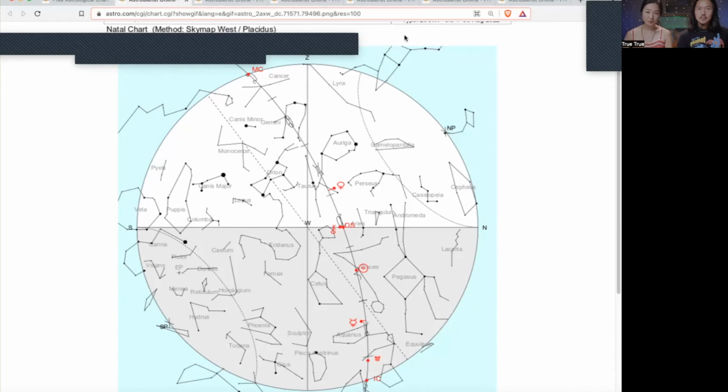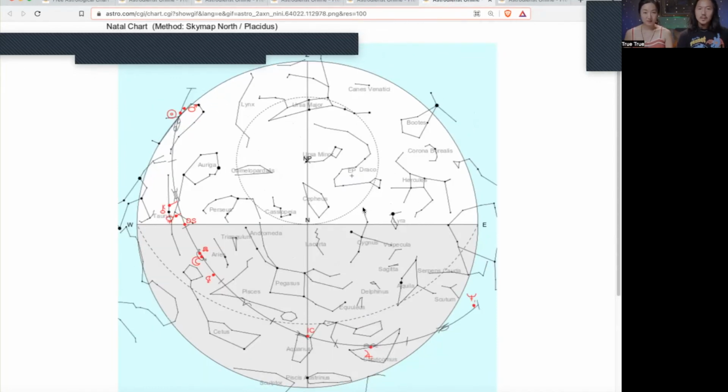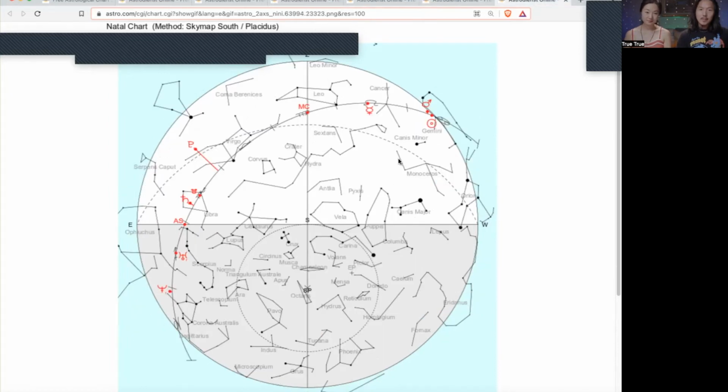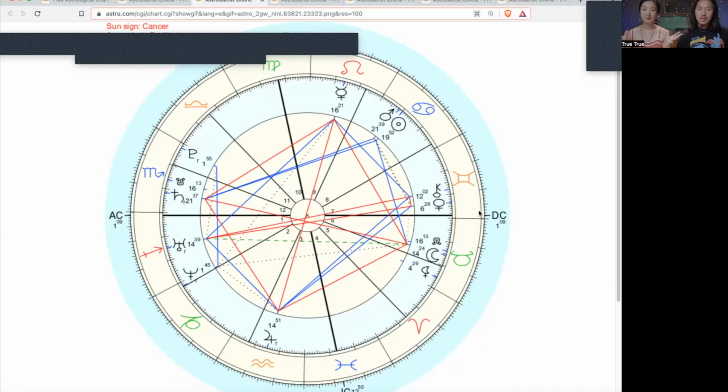And let's see another perspective. Okay. So here's the north perspective. You can see east and west horizon, but now we're looking at it from the north view, and you can see here that the IC is down here, and that means the MC is all the way up at the top. And then let's look at the other view, the south sky map. So you can see now you've got the midheaven up here, and the IC would be all the way down here on the other side. So you can see that the zodiacal wheel is now going around the earth, and then when we go back to the birth chart, conveniently they put it into the 2D form,